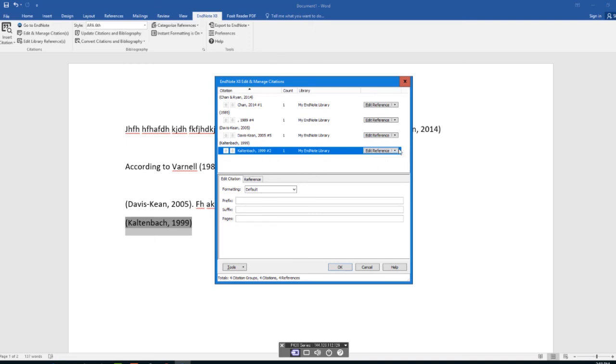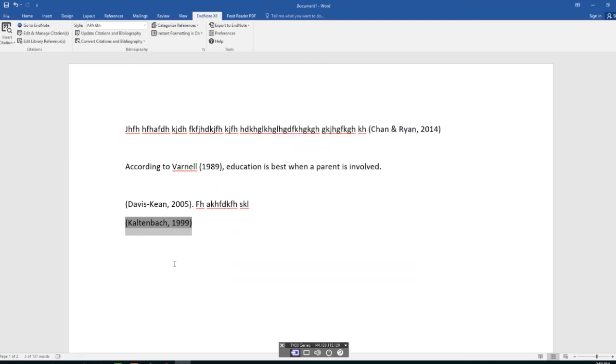So click the down arrow where this reference is selected, and then you'll have to click on Remove Citation. This is the proper way to remove it rather than backspacing. If you backspace it, it might confuse the program. So again, to get rid of an in-text citation, which will also remove it from your references list at the